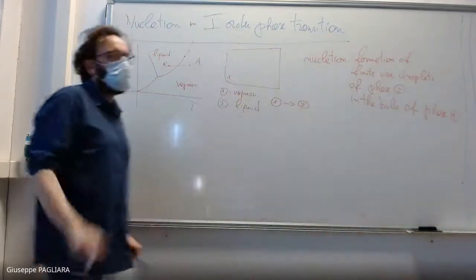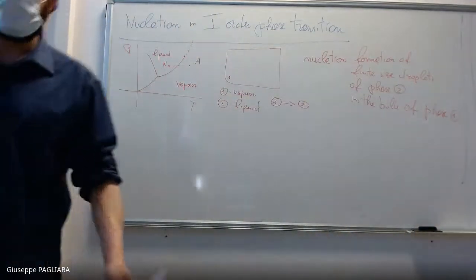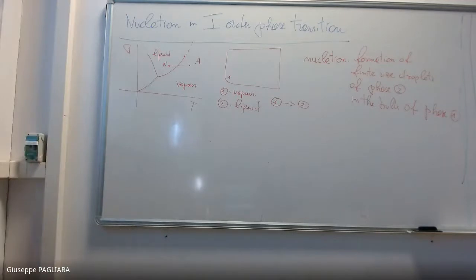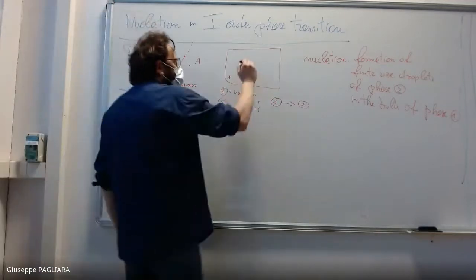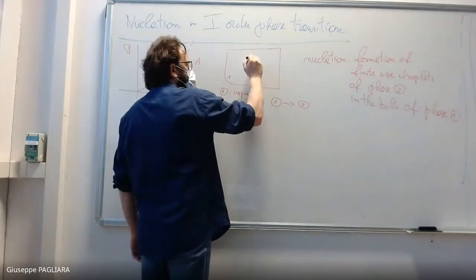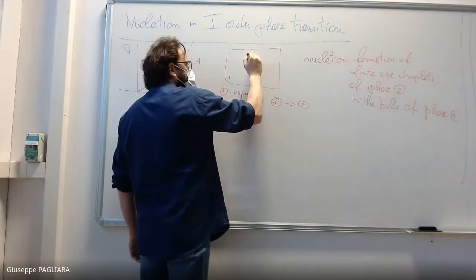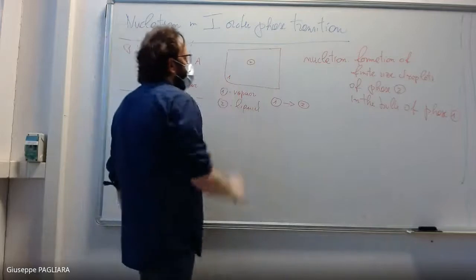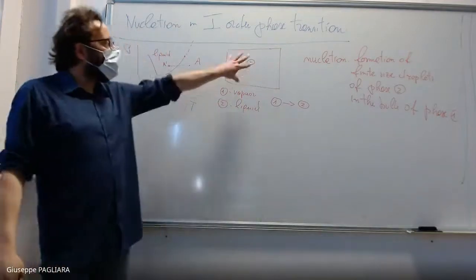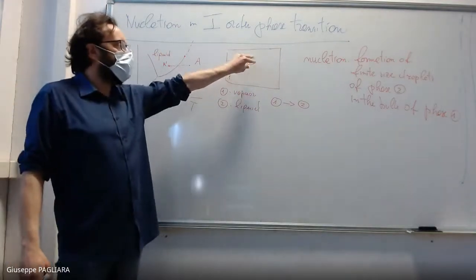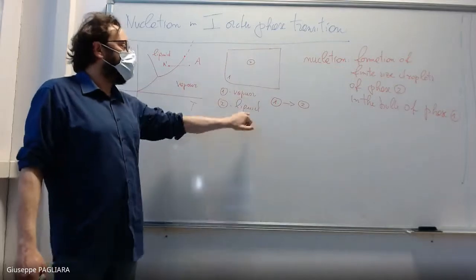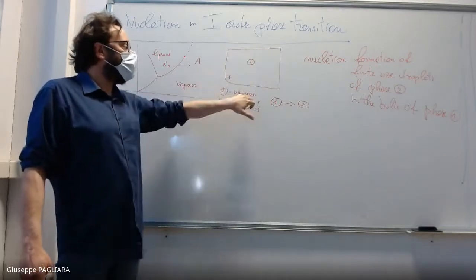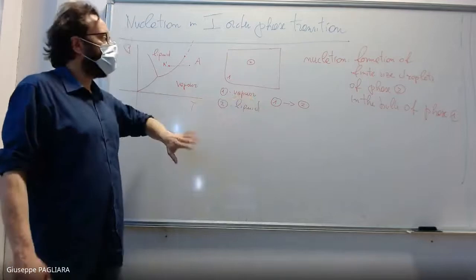So you will start to form some structures that in the simplest case are droplets of the new phase, which is the liquid phase in this case. So here, a single drop. Okay. So you have a finite volume, with a finite size, in which you form the new phase within the bulk of the old phase. It's not that the conversion